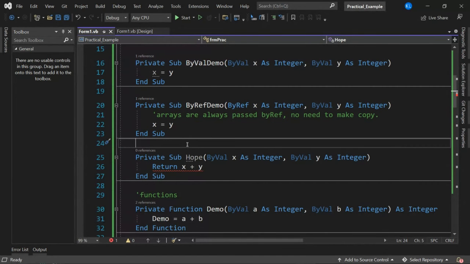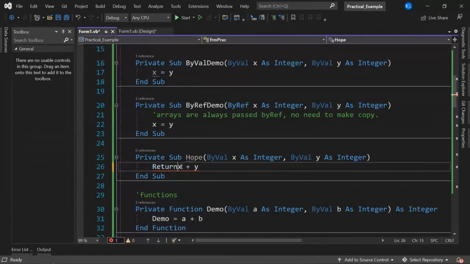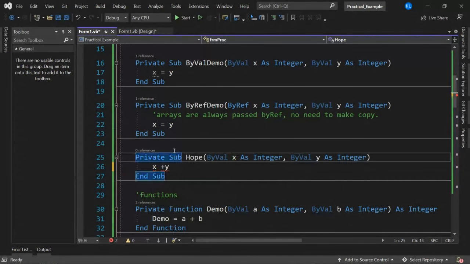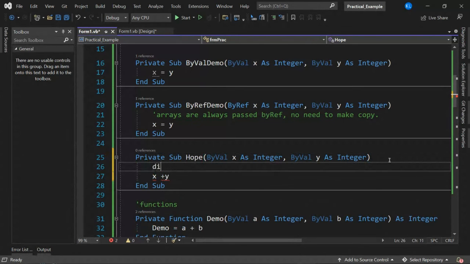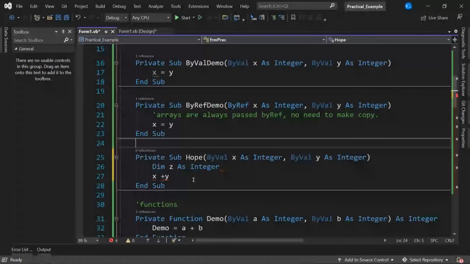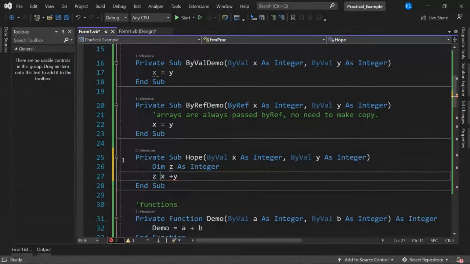Okay, where do you want me to create this new variable? No, I can declare a local variable. Do you want it inside the subroutine? Okay, so dim z as integer. And we can have z is equal to